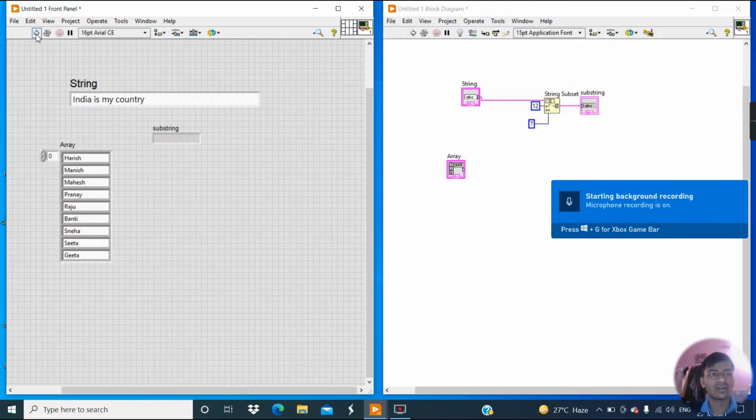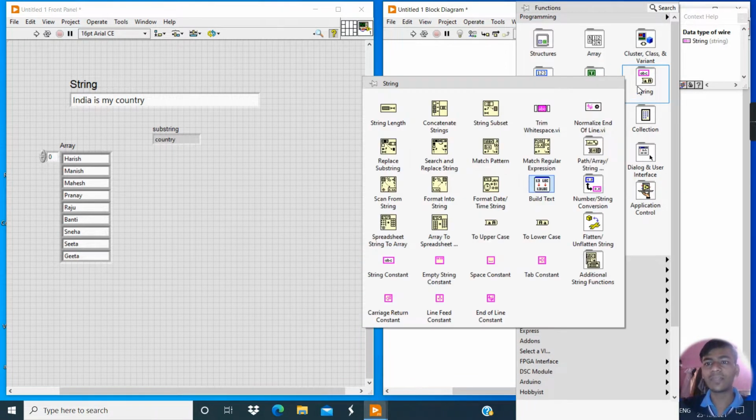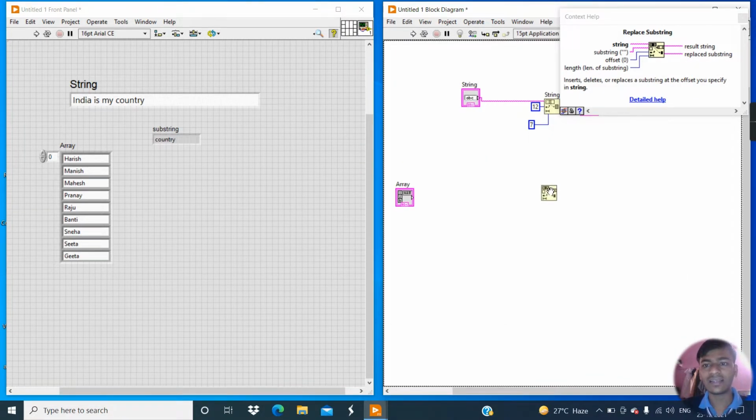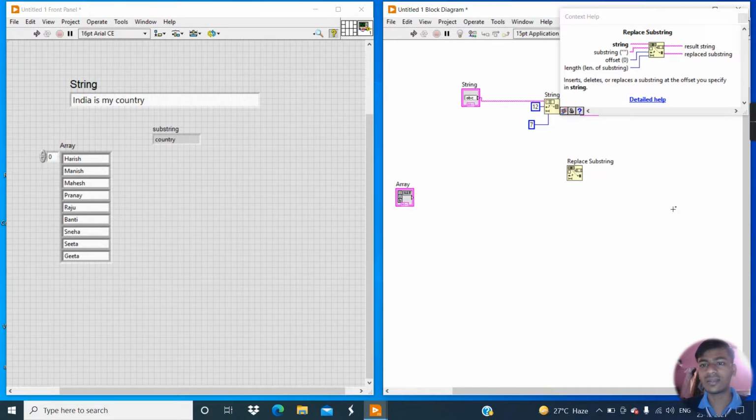Then click on the run button. Now you can see the result. Now again go to the string palette, click on replace substring and place it here. Right click, go to visible items and click on label.